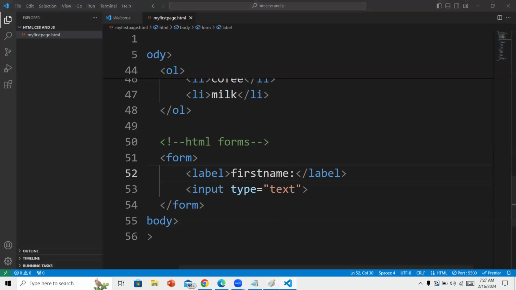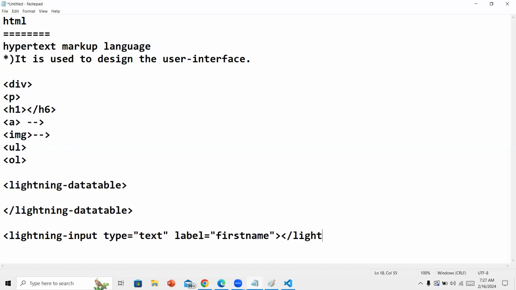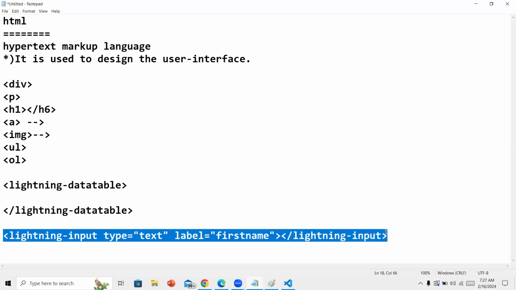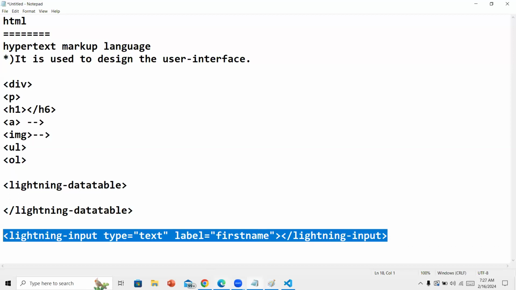For example, in LWC, if you want to design the same code, you need to use lightning-input, type equal to text, label equal to first name. You need to mention it like this. In LWC, we have customized tags for all HTML tags. Yes, it is customized. And another thing, if you need anything,